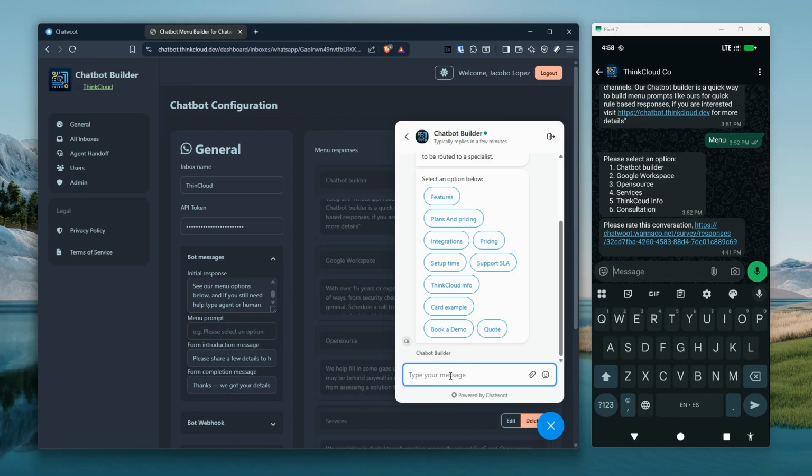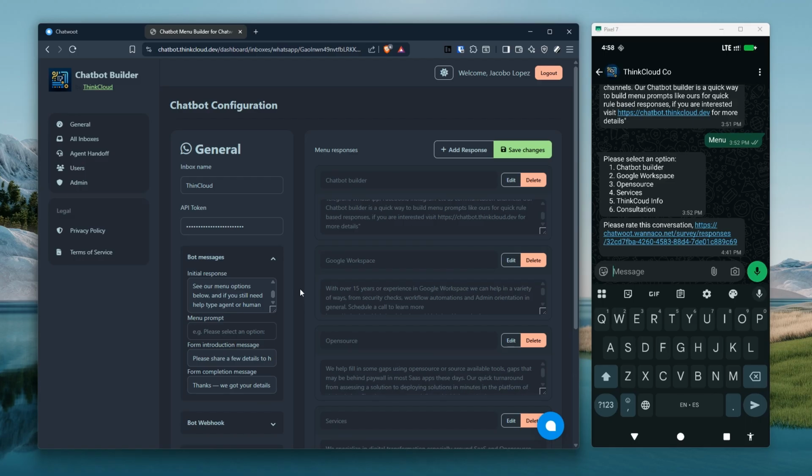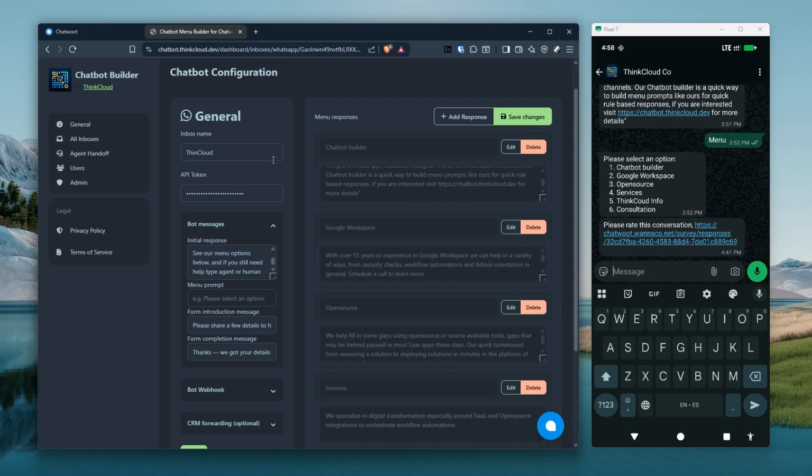So you have input selections where you can choose, and then you get just a form, which is nice because you can simply collect data there. To overcome that situation with Facebook, you can actually send predefined or pre-built templates from Meta, but again that requires some other layer on top. So it's just nice to have a form, and as soon as you create an inbox in our chatbot builder,